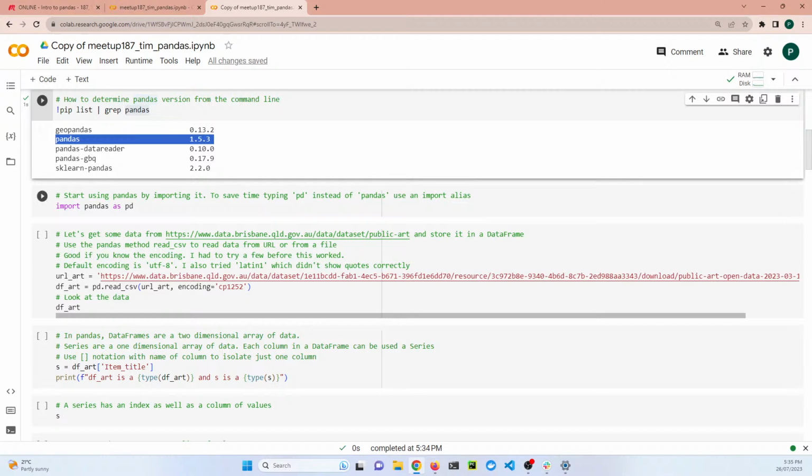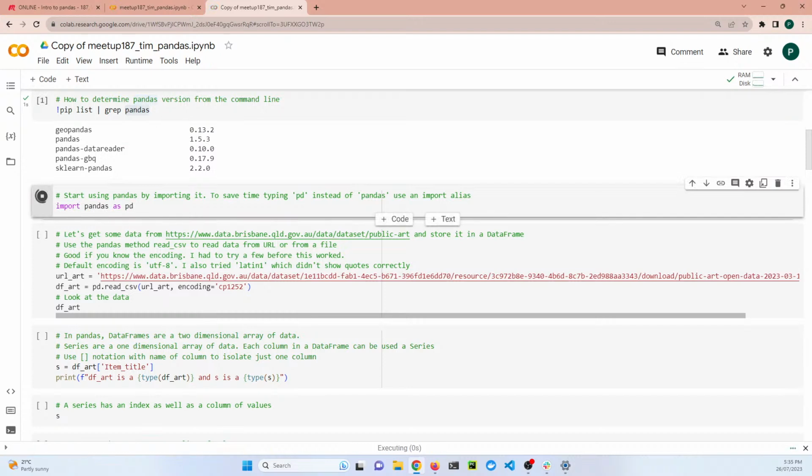Okay, now if you're writing a Python program or in one of these Google Colab cells, you need to import any third-party libraries that you want to use. So I could just say import pandas, or I can import pandas with an alias, and what most people do is they import it with an alias of PD. So if you do the same, then your code's going to look the same as everyone else, and everyone will understand that PD means pandas, and that means that later on, whenever you want to use pandas, you just use PD. So we'll run that cell as well,